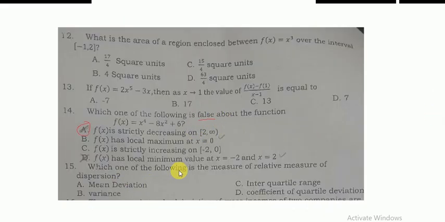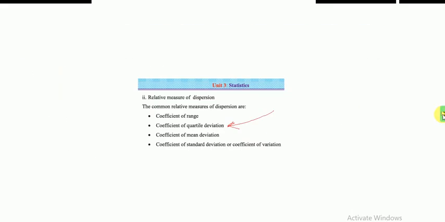Next problem, number 15. Which one of the following is a measure of relative... the language is not appropriate. Which one of the following is the relative measure of dispersion among these choices? Which one of the given choices is an example of a relative measure of dispersion? Okay, in mathematics, especially in statistics,